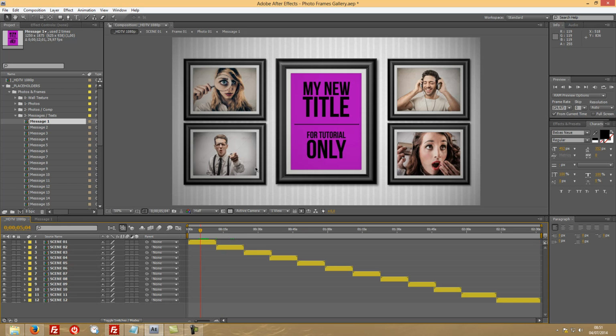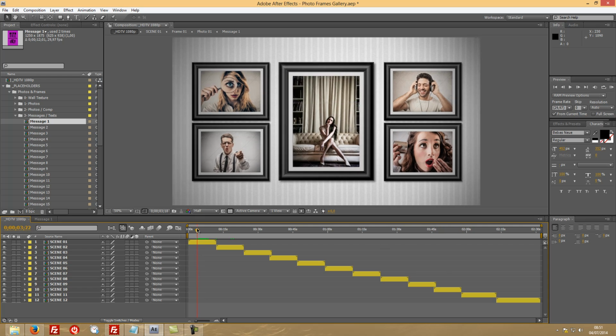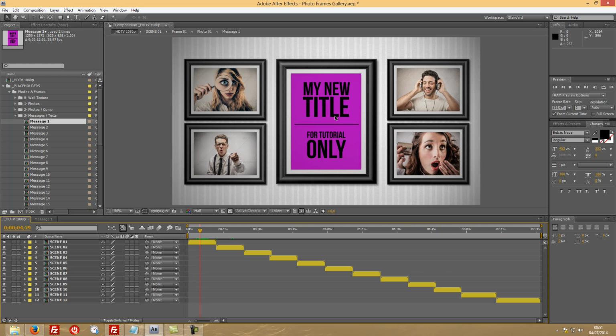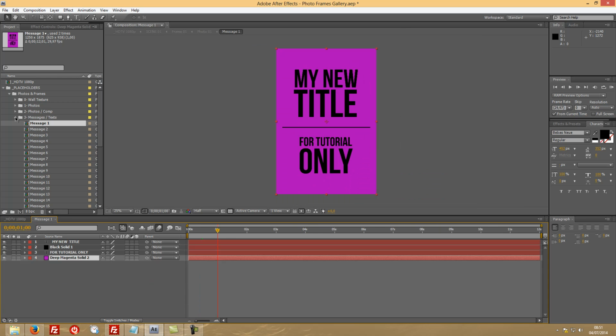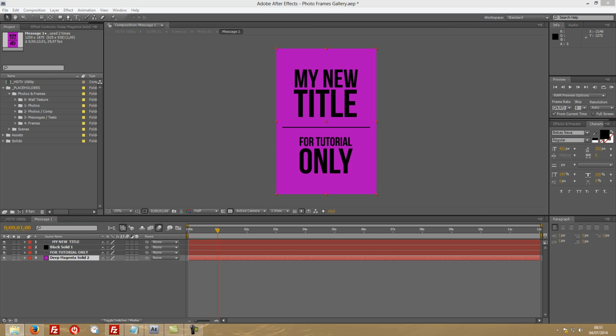Now, one option that you might want to do is, if you don't want to use messages like I'm using here, and let's say that you pretend to use more pictures and less text, one thing that you could do is, if you go to message 1, as we have here, and let's close this just so we can have more room, and I'm going to bring a photo directly from my other screen, just drag it in, place it here, and I'm going to create a Z, so it's the last one,